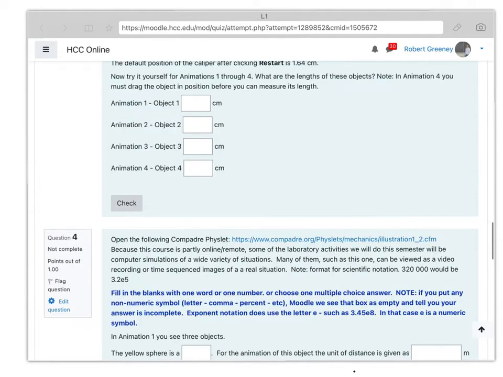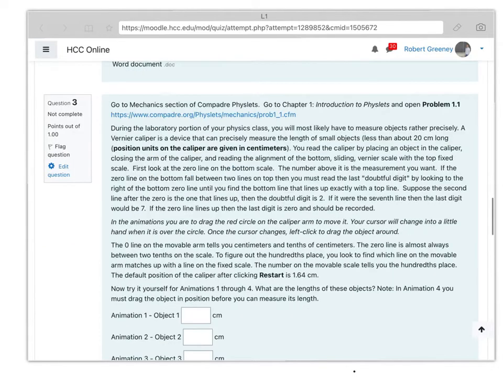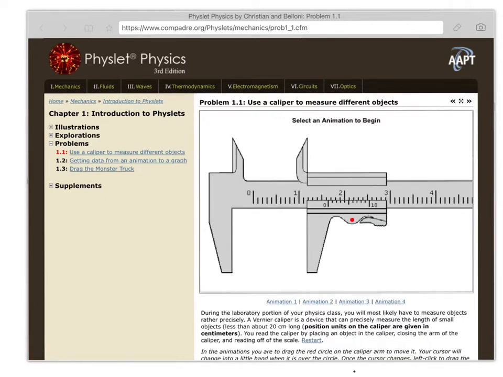So let's see if I can open this, if this will open for me here. Okay, so there's 4 animations, and you're going to do each of these and answer the questions asked in that Moodle question. But people often ask how to use the vernier caliper. And